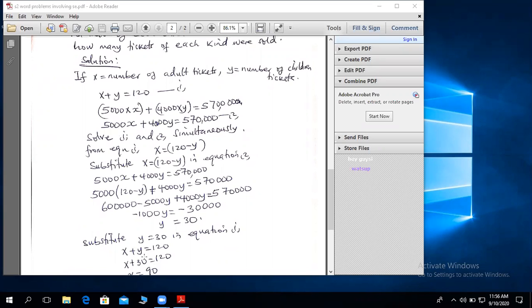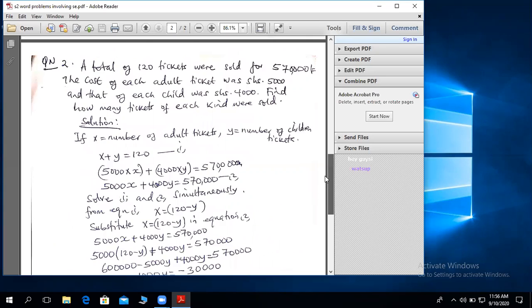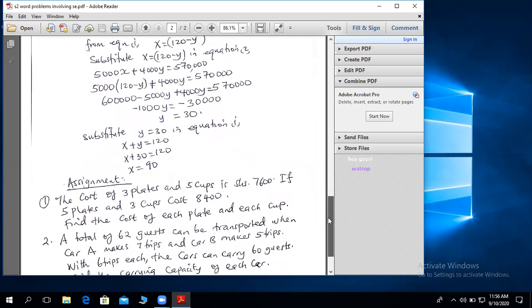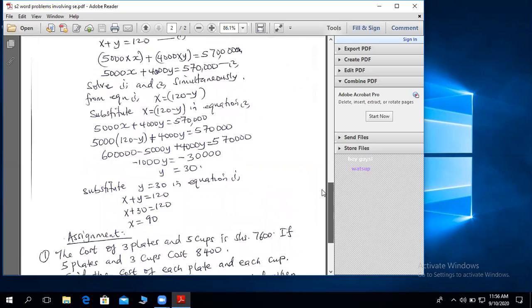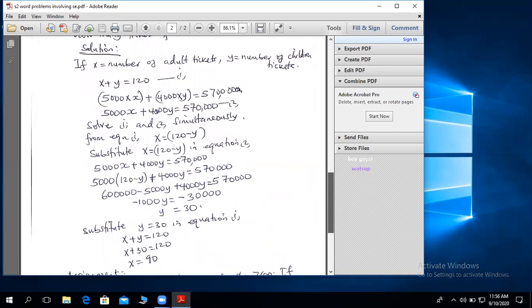Remember, 30 is the value of Y, and the answer is 90. So what does that mean? The tickets for adults are 90 and the tickets for children are 30. So with those two examples, I want to think